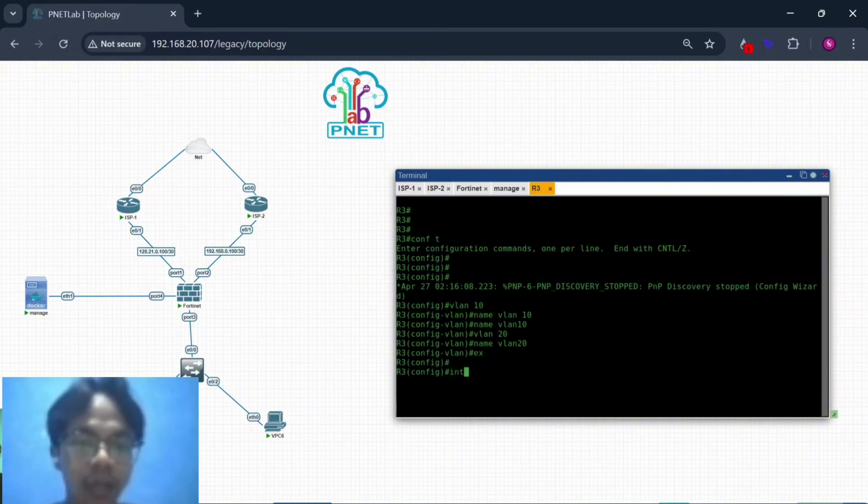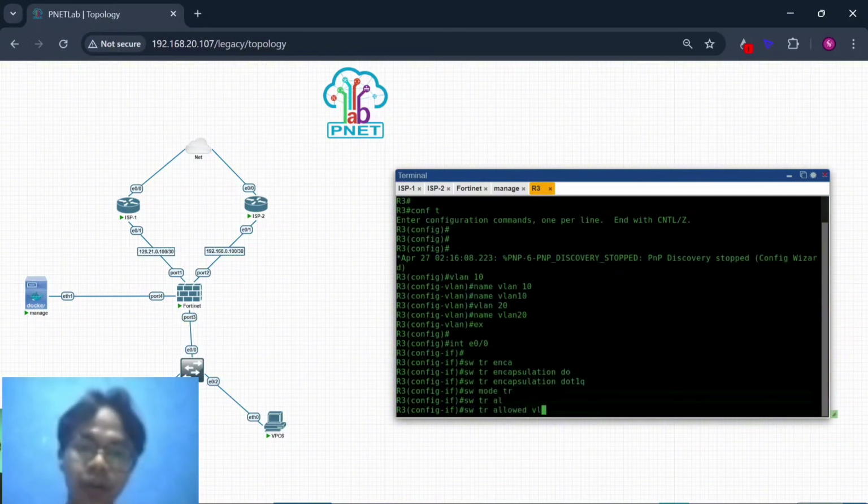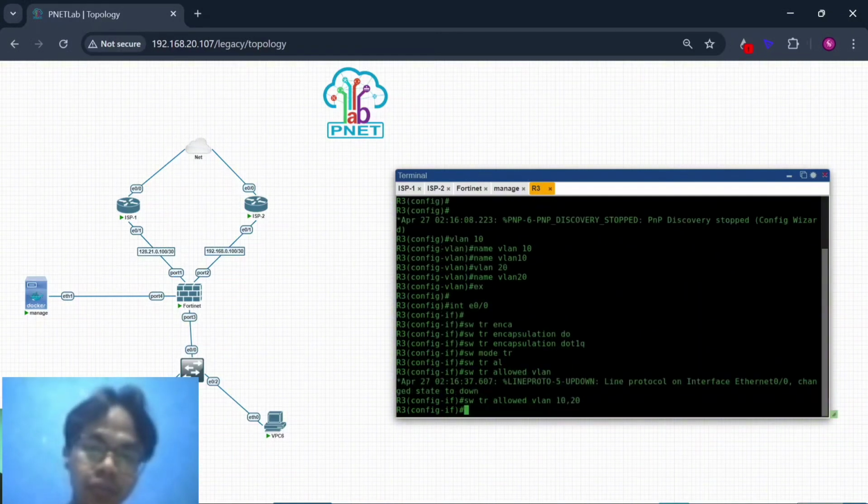Exit, interface Ethernet 0/0. This is connected to port 3 of the FortiGate device. Switchport trunk encapsulation dot1q, switchport mode trunk, switchport trunk allowed VLAN 10 and 20.